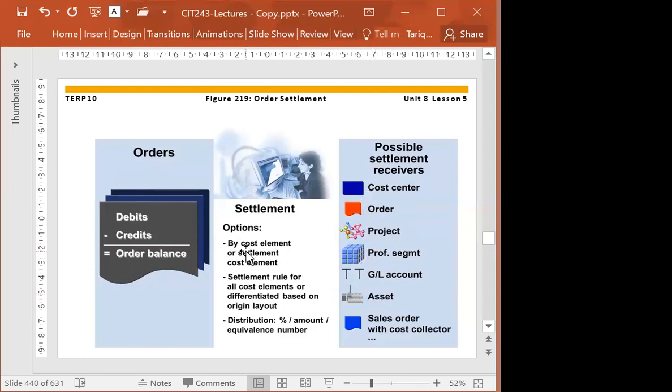For example, we are manufacturing some assets and collecting the cost on that internal order. It will be settled with that asset. So it will credit this internal order and debit this asset. That is within cost accounting, we have debit and credit.